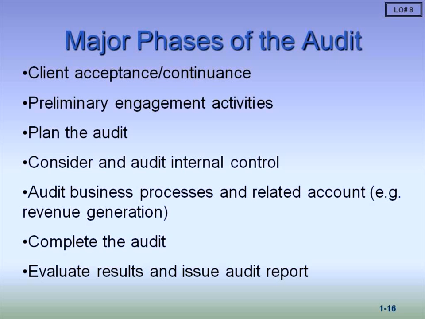Next, we audit the business processes and related accounts. That is the substantive testing. Okay, previously we did internal control tests. Now we're doing the substantive testing on actual accounts. Okay, so we'll test revenue, we'll test expenses, we'll test equity, we'll test assets, we'll test liabilities. Generally, we will also test items on the statement of cash flows to make sure that the ins and outs look like they're supposed to look. But we do not generally have an opinion on a statement of cash flows, but it can be done if it is part of the engagement.